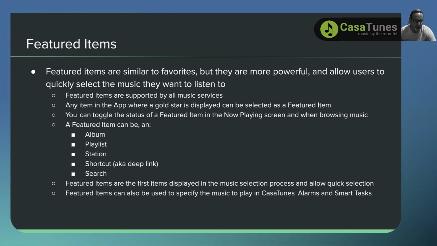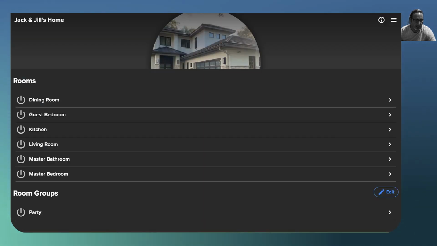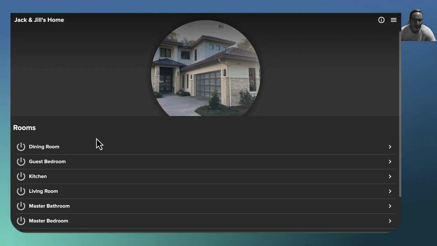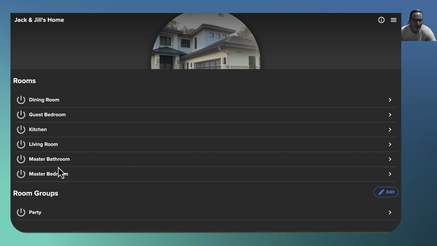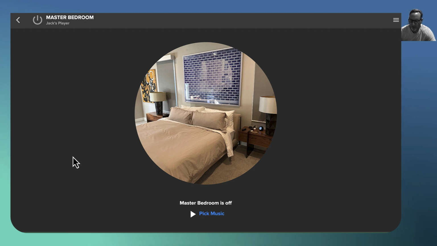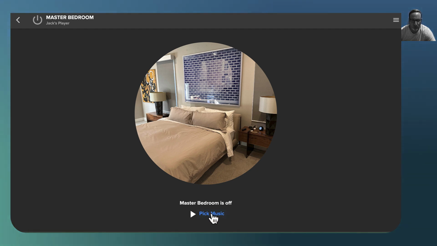Okay, so let's jump into our CasaTunes X app. And again, this is the same setup that we had in parts 1, 2, and 3. And let's go ahead and navigate to the master bedroom, as this is where we're going to set up the alarm, or the waking up to music is going to be in the master bedroom. Okay, so let's just take a quick tour of the featured items. So when we go to pick music,